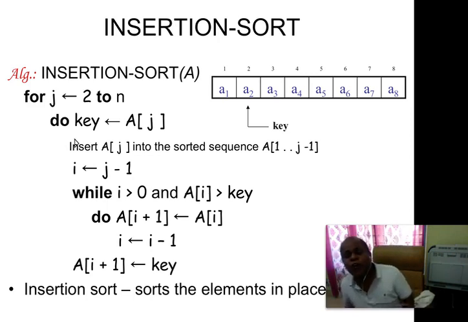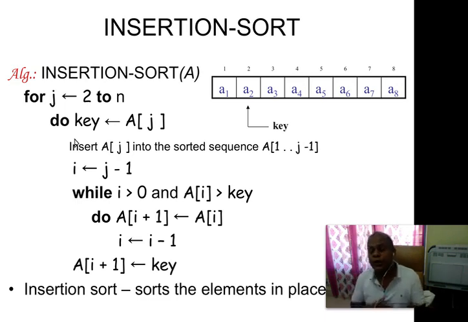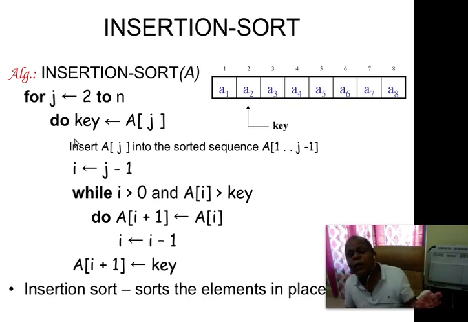Now, in order to place the key element a[j] in its previous sorted sequence, that means a[1] to a[j minus 1], we have to compare from a[j minus 1] to a[1] individually. That means i will be j minus 1, because its previous element has to be compared, and according to whether it is greater than or less than, accordingly it will be shifted. It will terminate once all the previous elements have been considered. That's why: while i is greater than 0 and a[i] is greater than key,